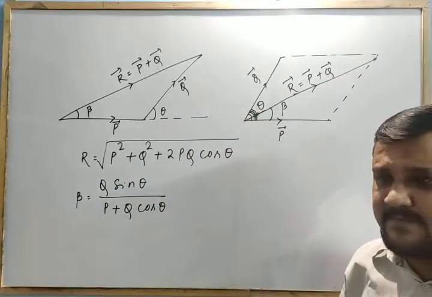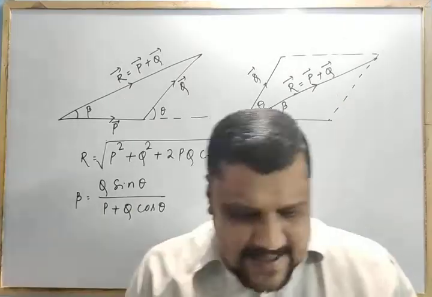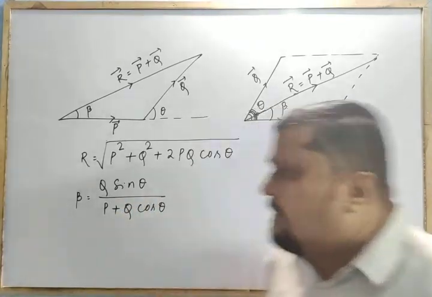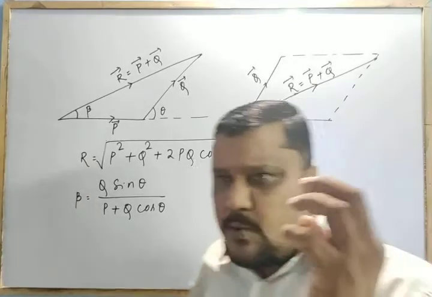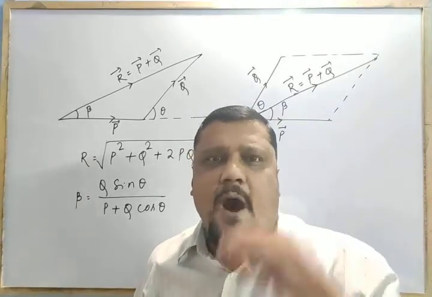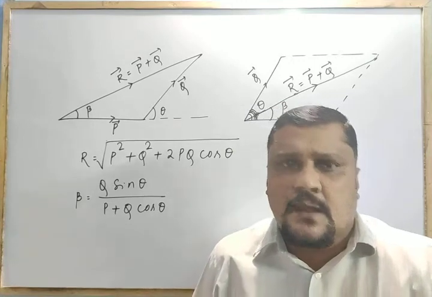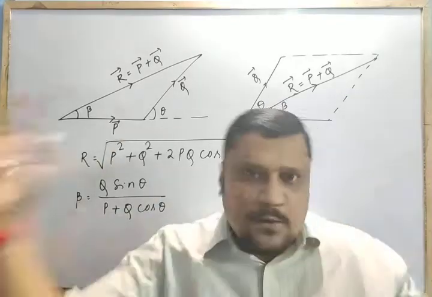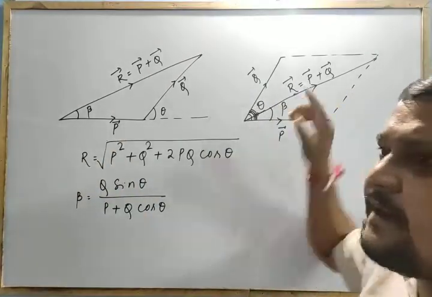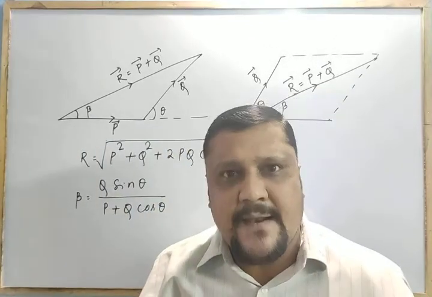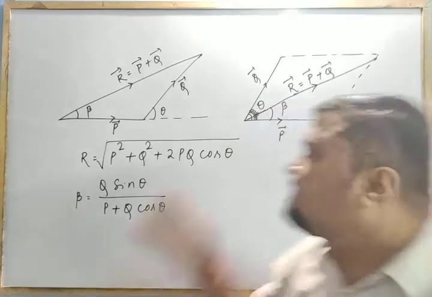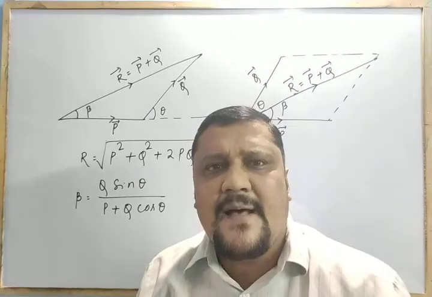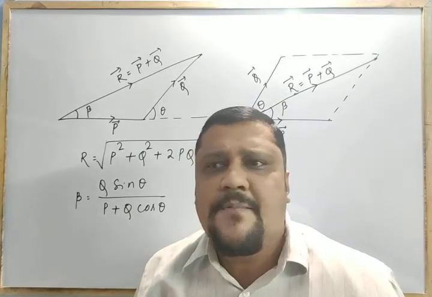Now in this discussion, let me give you some examples, which we have not discussed in the last video. So you can think about what this resultant means. In the last section I told you what the resultant means. Resultant of two vectors means that acting the two vectors on the body is the same as removing the two vectors and applying the resultant. It will give you the same effect. In place of P and Q, if I apply R, that will give me the same effect as that done by P and Q.